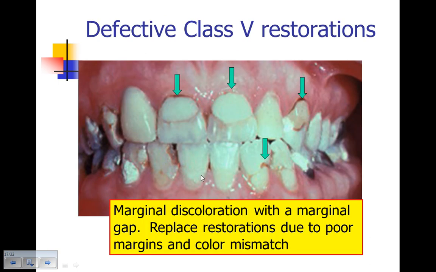So we take a look at these defective Class Vs. There's marginal discoloration and marginal gaps. In fact, where these poor margins are, I can see frank caries, and I can detect frank caries. I see color mismatch that's present. And in fact, when you look at all the surfaces and Class Vs, you can see this patient has significant